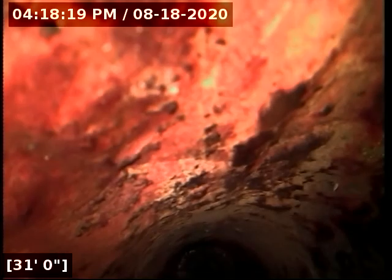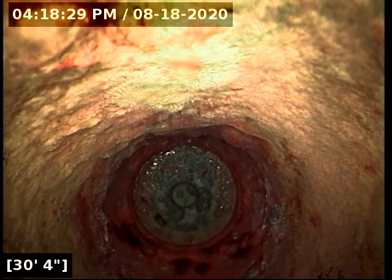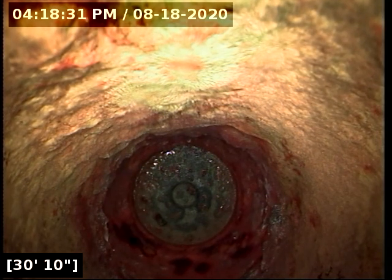There's a lot of possibilities, but the line there is almost completely submerged all the time. And then right here, we're staring at the clean out access inside the crawl space. That green circular thing in front of us is the clean out access. And we're going to start reeling back here